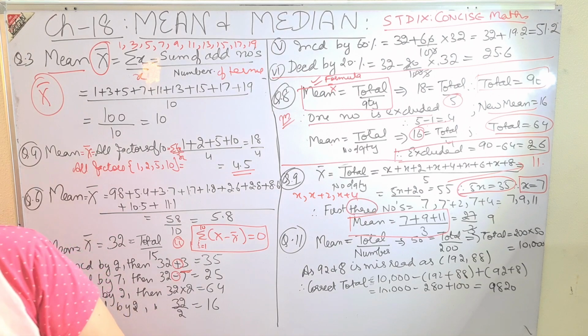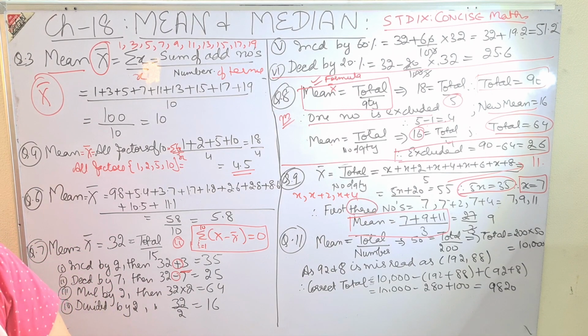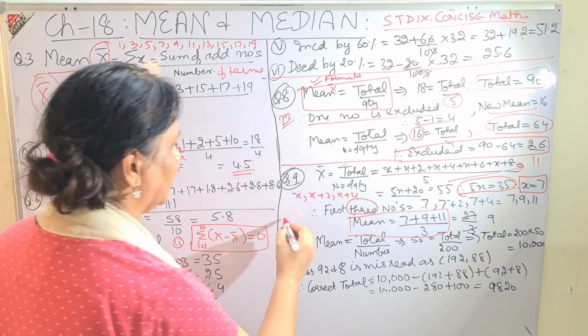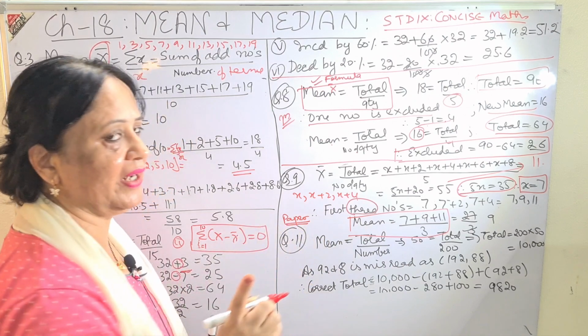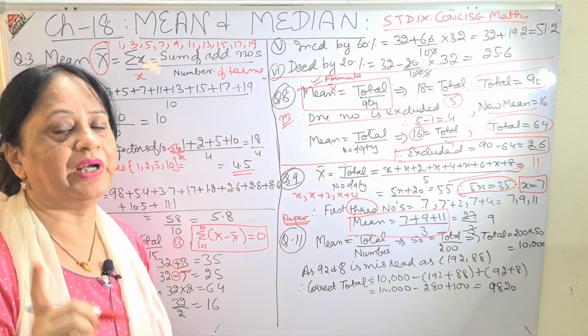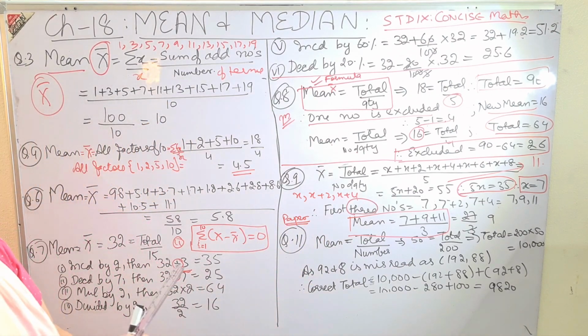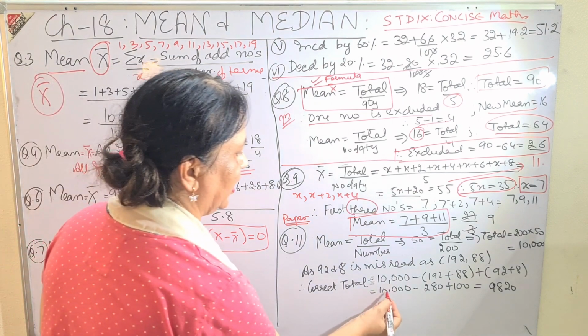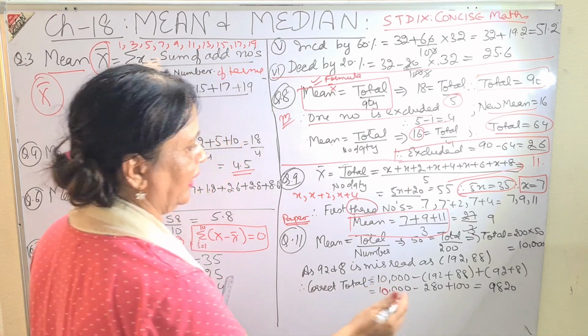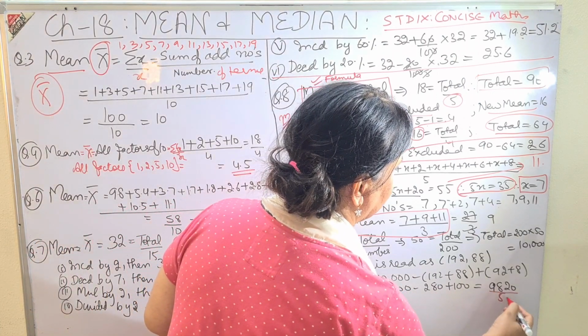Then coming to a very, very important sum of the chapter, that is question number 11. And this question comes in the paper also. If you want to check, you can verify with the papers held in the last 4, 5, 6 years. This question is continuously coming. Only the change of values is there, but the question is coming again and again. So be careful about this, children.